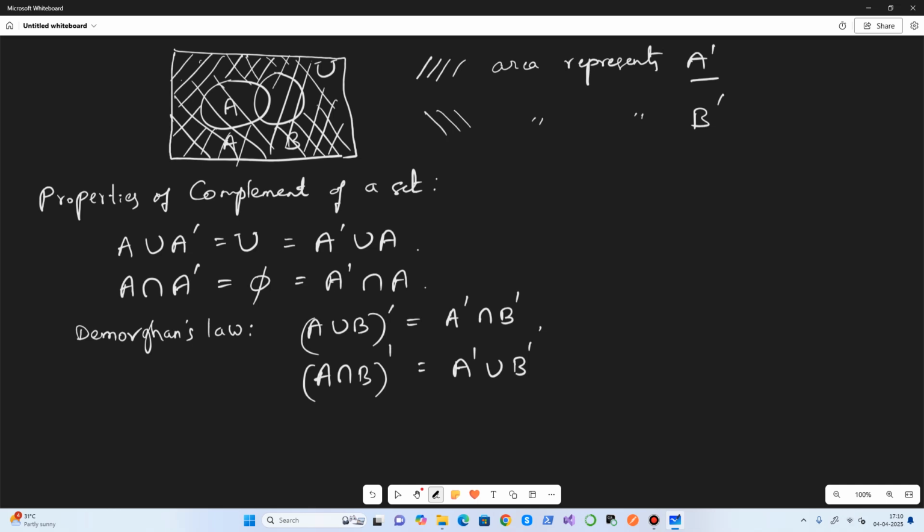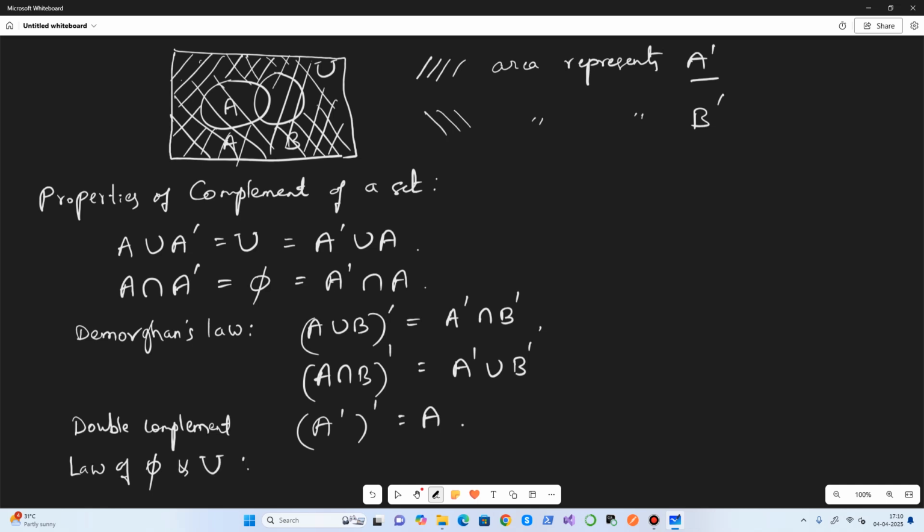And then we have double complementation. The double complement law says the complement of a complement is the set itself, the original set. Then the last one is the law of null set and universal set.